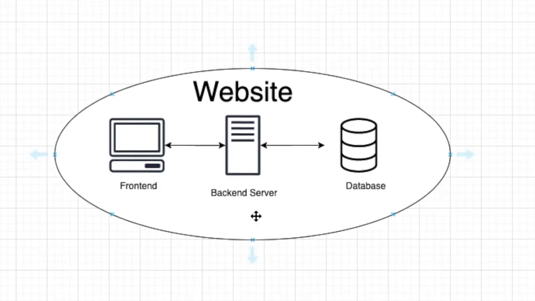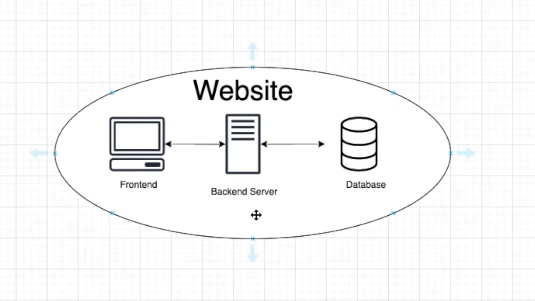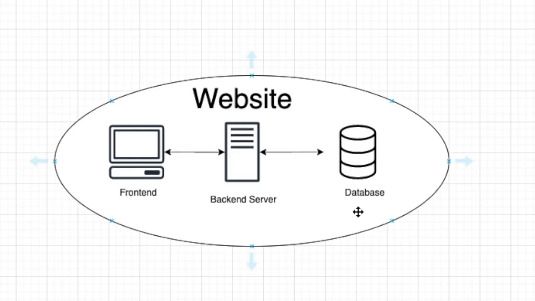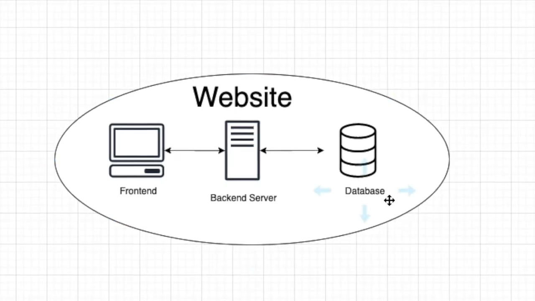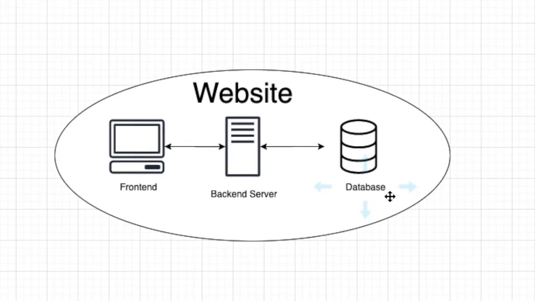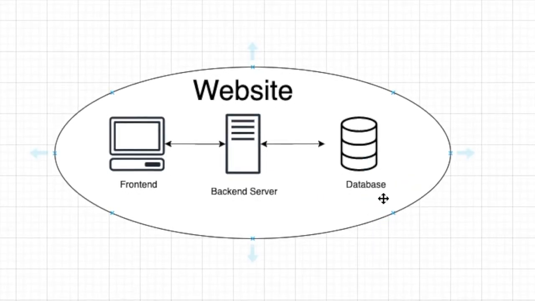Backend. Backend acts as a bridge between the front end and the database. Backend is the part which knows which data is to be sent to the user and how to send that data. Database, as the name suggests, is the place where we store all our data. We create and consume a lot of content, and all of this data is stored in the place which is called the database.